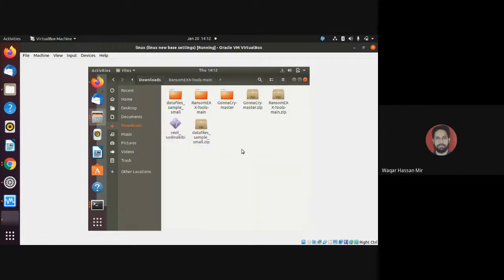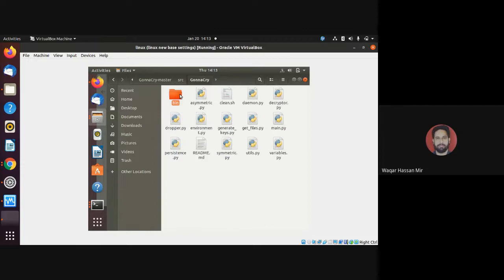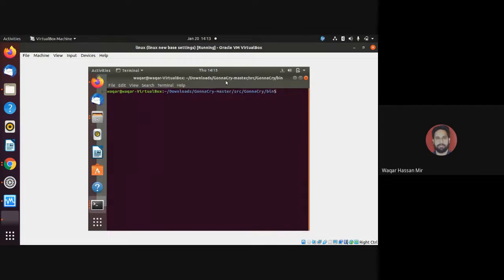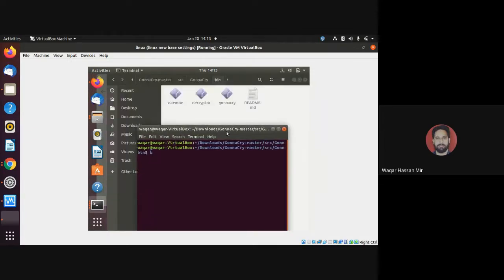And extract it here. And here you will see the different folders. And go to the source. And then there is the WannaCry folder. And in the WannaCry folder there is this. So we have to run this WannaCry. And actually